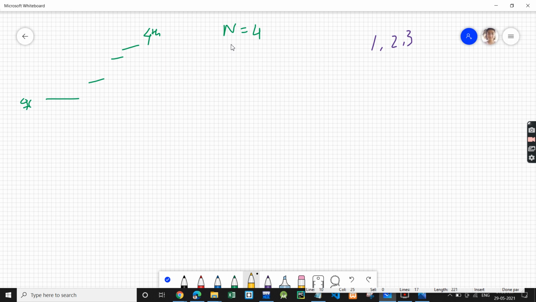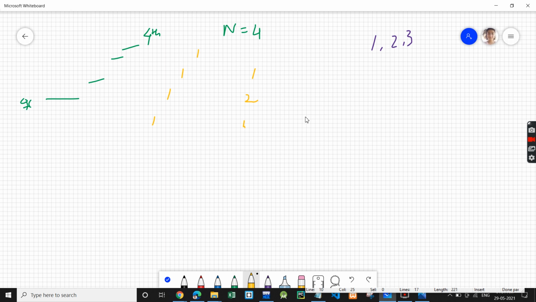So let's see. Just pause the video and try to find out what different possibilities there can be if the person is allowed to make 1, 2 or 3 jumps. What a person can do is take 1 jump, again 1 jump, again 1 jump, and finally reach the 4th stair. So this is one way. Another way is that the person can take 1 jump, then 2 jumps, and then again 1 jump, right? So 1 plus 2 plus 1, 3, 4, so it will reach the 4th stair.